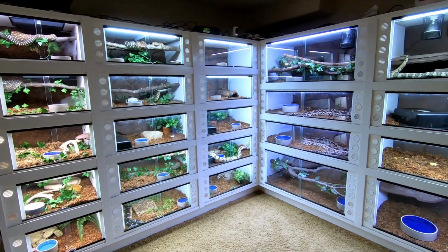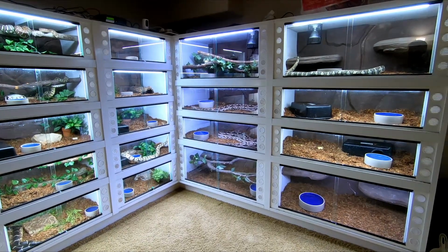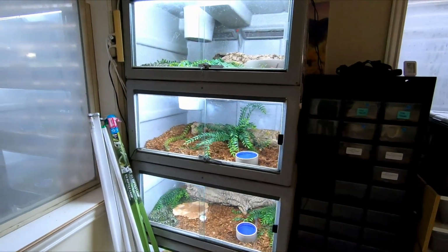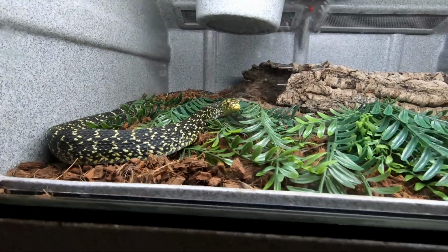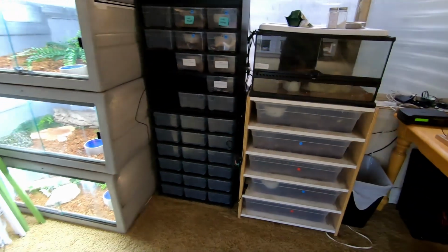This is the room I keep everything in. This is also my home office, so this wall of cages is my view all day long while I'm working. And that's working with air quotes, obviously. On the other side of the room I have some vision cages and baby racks and grow-up tubs. I'm also building some new 5-foot wide cages that will go on both sides of the window. There was also a large turtle tower right in the middle of the room, but it's gone now and I'll